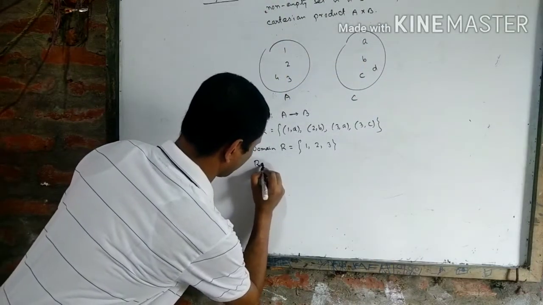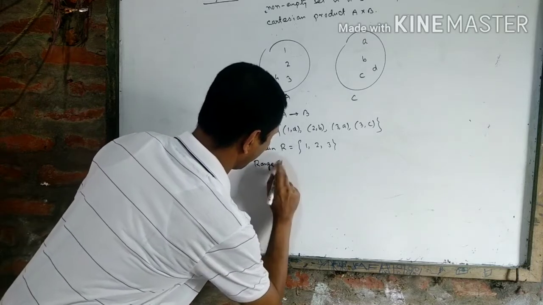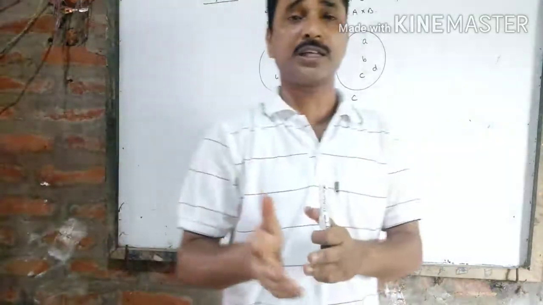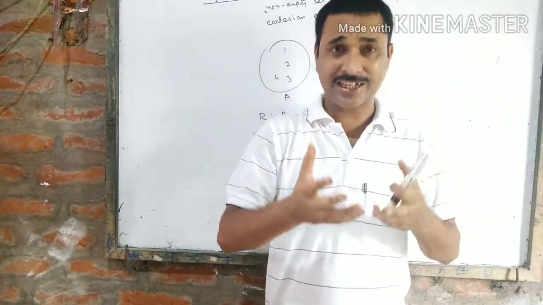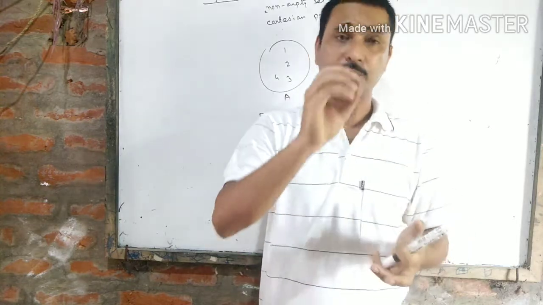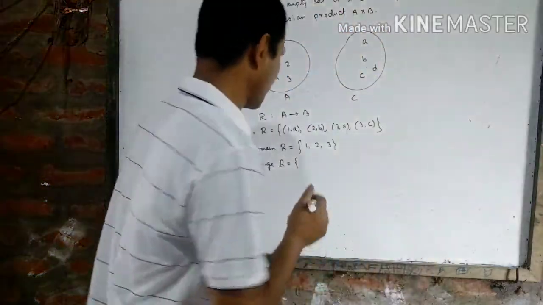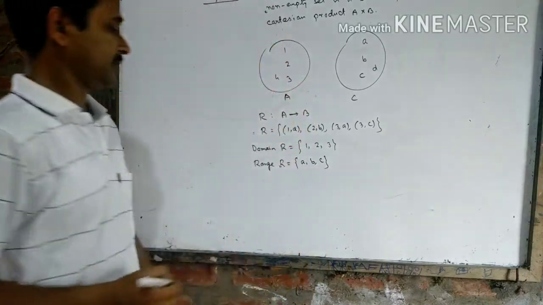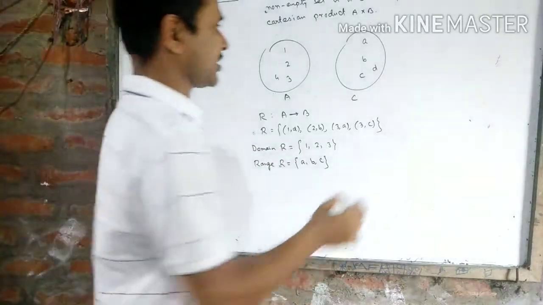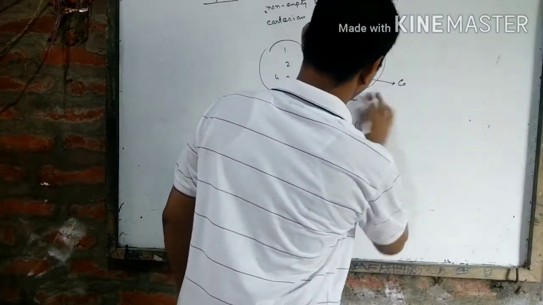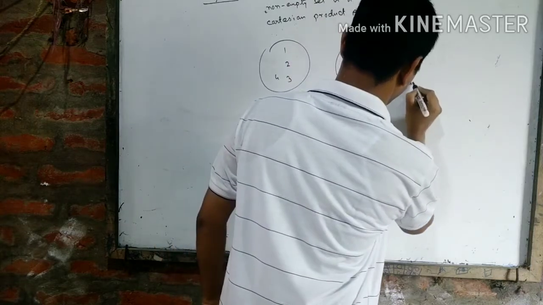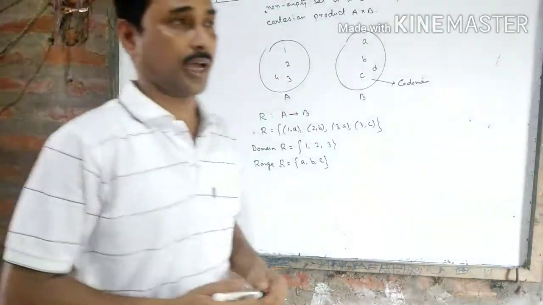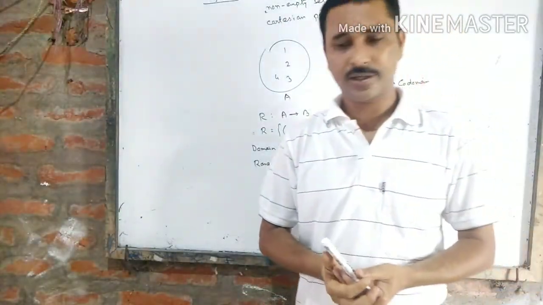And what is the range of the relation? Range of R. Just like domain, range is the collection of all the second components. If you collect the second components from the ordered pairs in a relation, you will get the range of the relation. So what is the range here? a, b, c. Okay. So this is the domain of the relation, this is the range of the relation, and you may call this as the codomain of the relation. The set B is called the codomain of the relation. So we got idea about domain, range, and codomain of a relation.